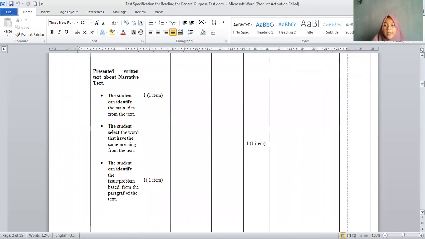Presented written text about narrative text. First, the student can identify the main idea. Cognitive domain, knowledge, one item. The student selects the word that has the same meaning from a text, cognitive domain, analysis, one item. The student can identify the issue or problem based on the paragraph of the text, cognitive domain,